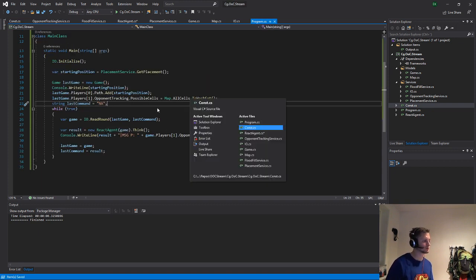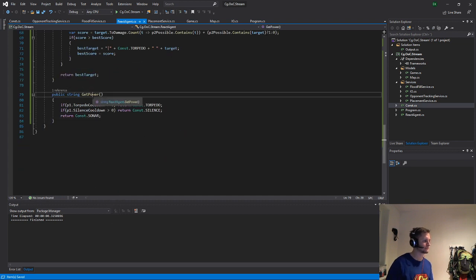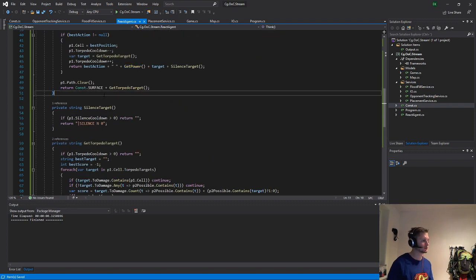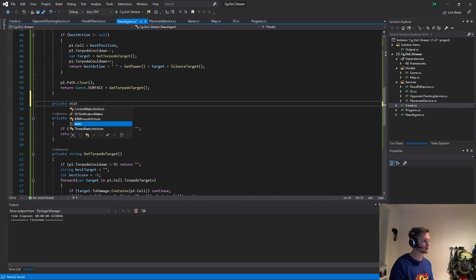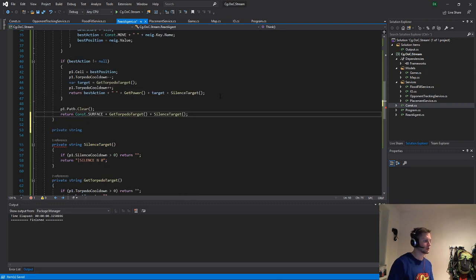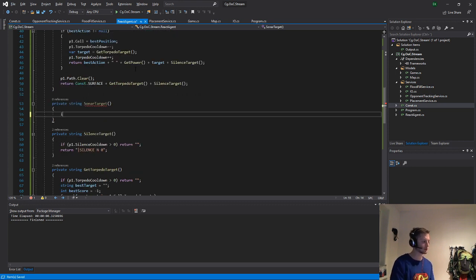Okay, let's see sonar. So set private string. We can also use this one down here, I guess. Sonar target. So if P1 sonar cooldown,